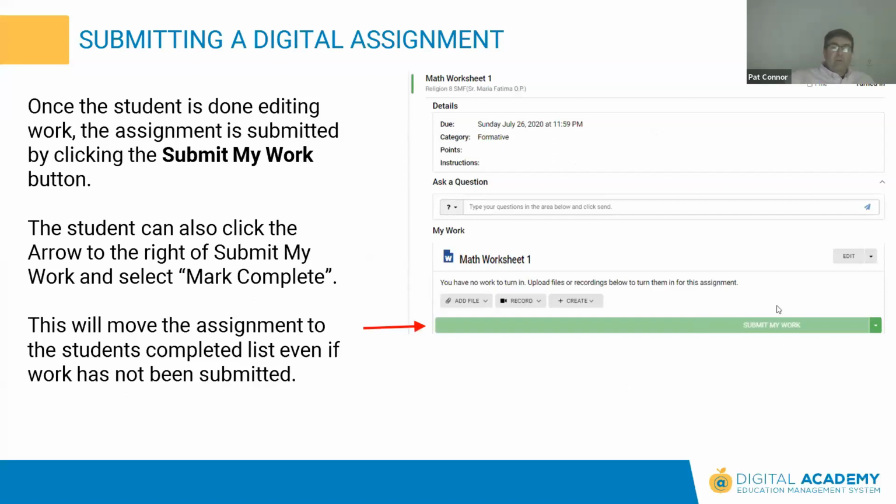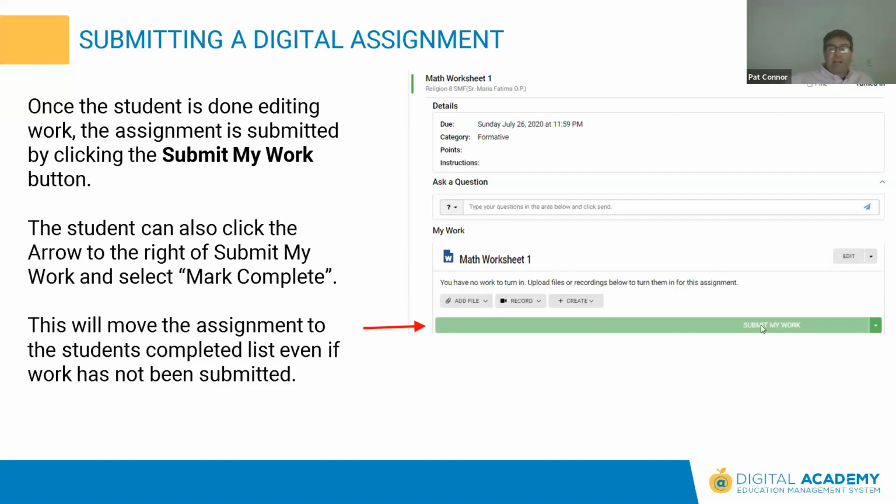Now, we've redesigned this, and I feel in this new design, the submit my work is very prominent. And we've also really simplified how this looks. Okay. You will want to go over with your students this process, because if they don't submit it, then you really don't get a notification that work is waiting to be graded. Now, a student can leave this and come back and hit edit for as long as they want,